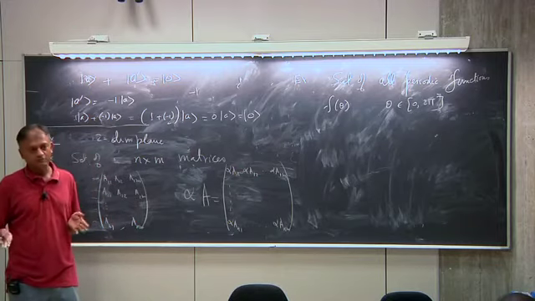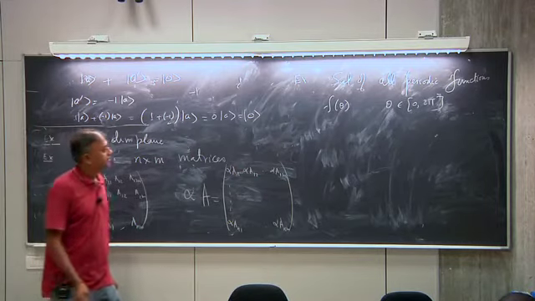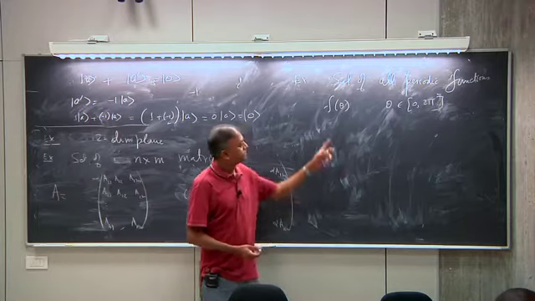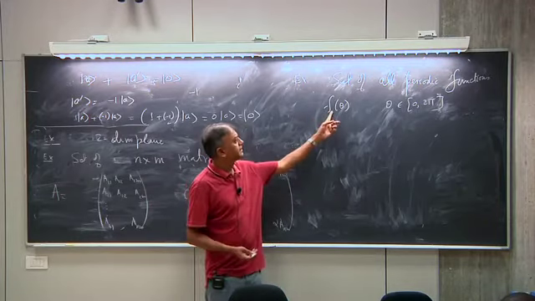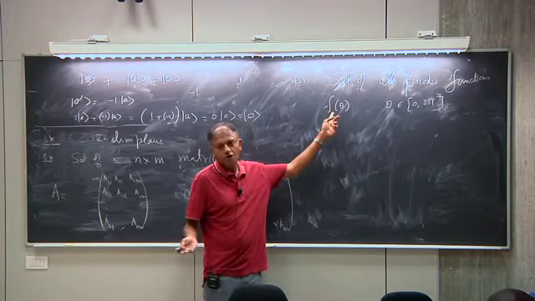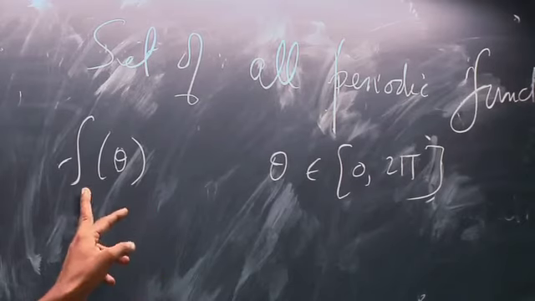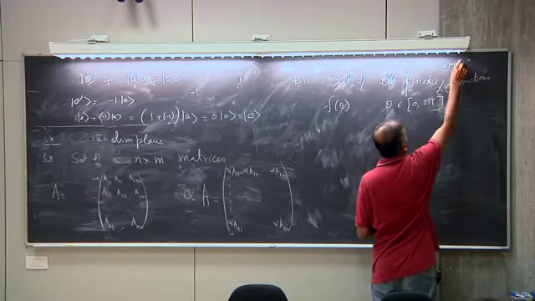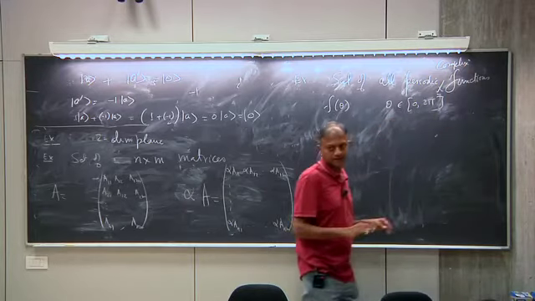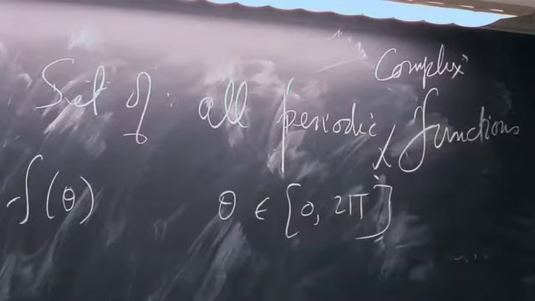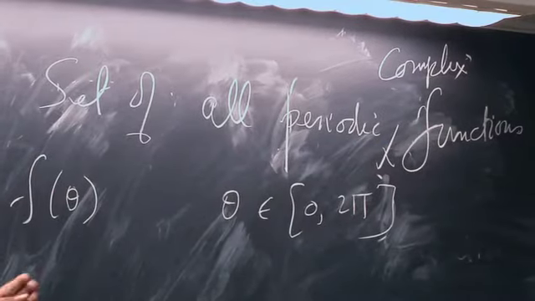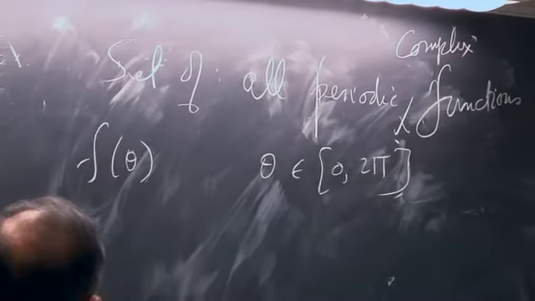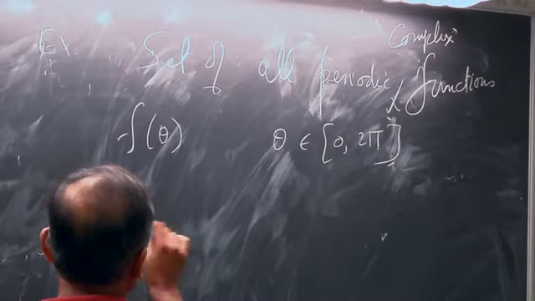Now I have to define what I mean by multiplication and addition. Multiplication is immediate. You take any number, so this could be real or complex. Let me consider complex functions, so all periodic complex functions. This could be real also, if you could make it real, that doesn't matter. And then a multiplication by a complex number alpha,